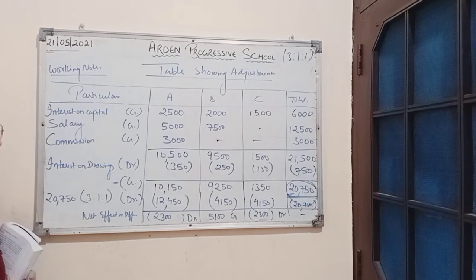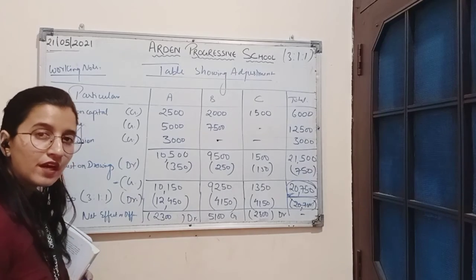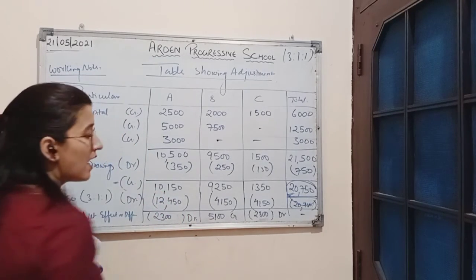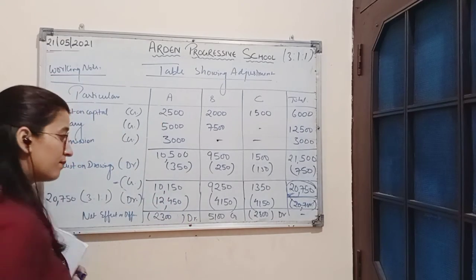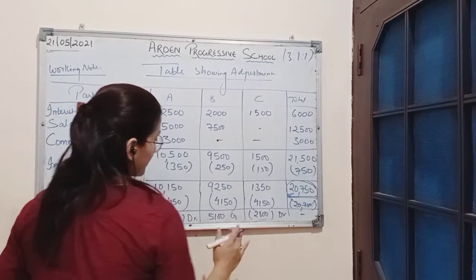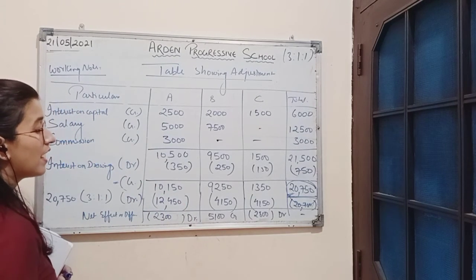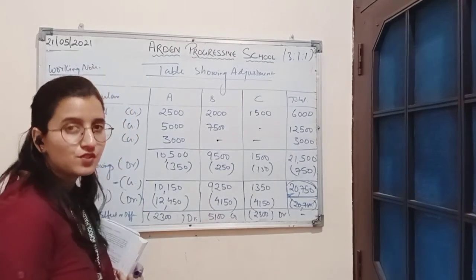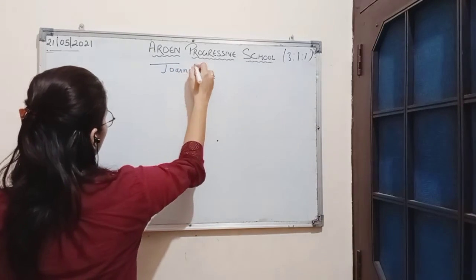So now it is clear that A will be paying rupees 2,300 to the firm, B will be getting 5,100 from the firm and C will be paying 2,800 to the firm. We will show this rectification of error by passing a single adjustment entry, and a single adjustment entry is passed in the books called the journal. So here the format of the journal is